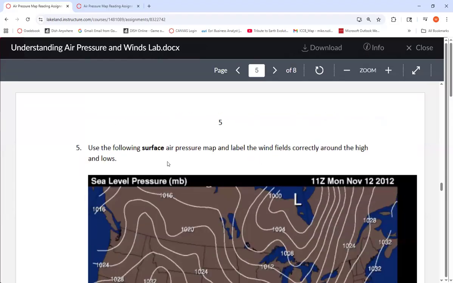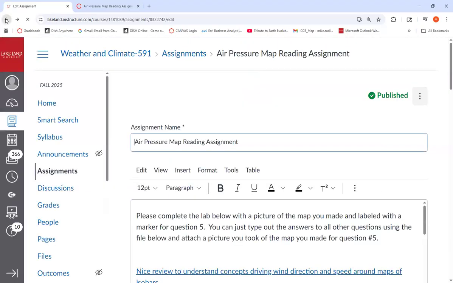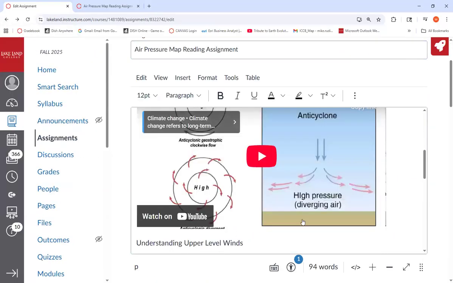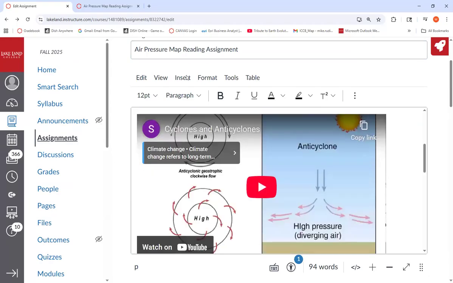Question 5 is directly related to your understanding of surface winds and you labeling the winds around high and low pressure systems over the United States. You did this assignment in the previous exercise, and it wasn't done very well, in my opinion. And I would strongly advise you to watch